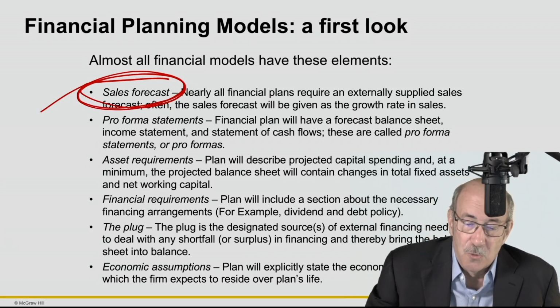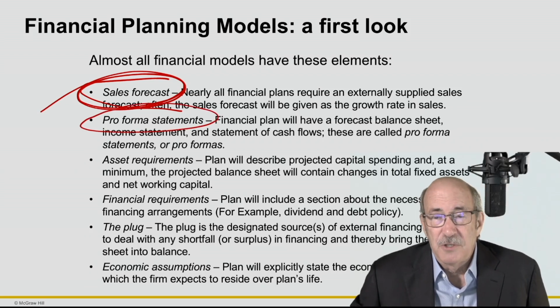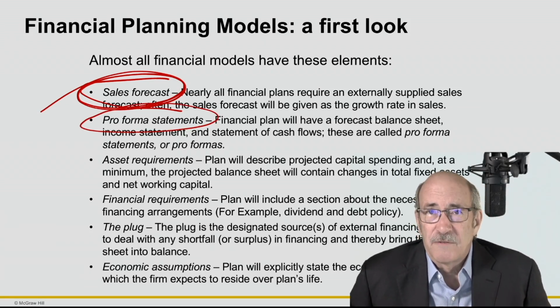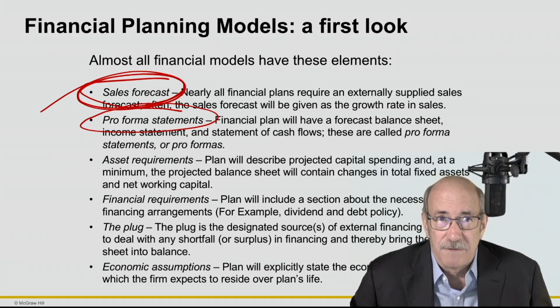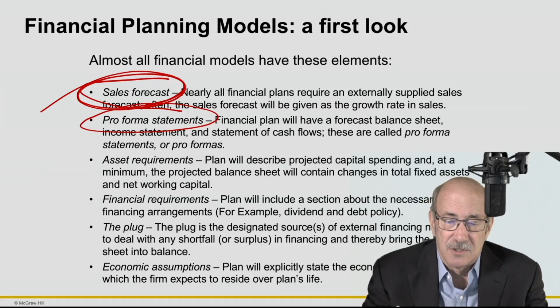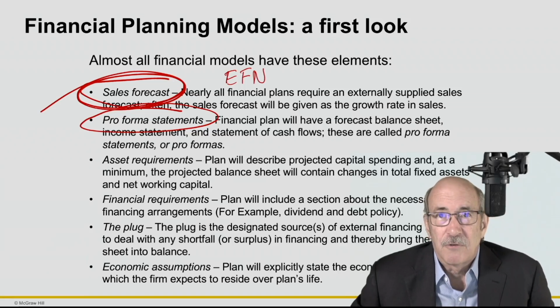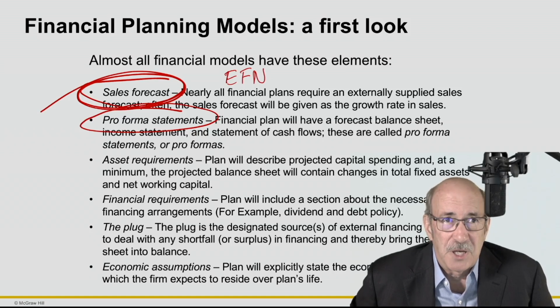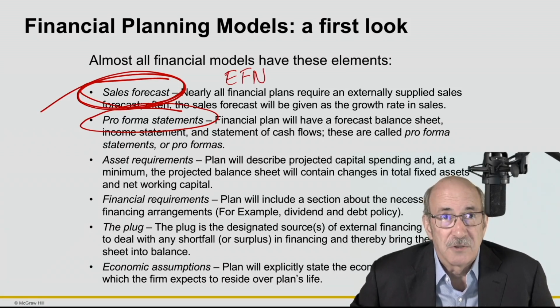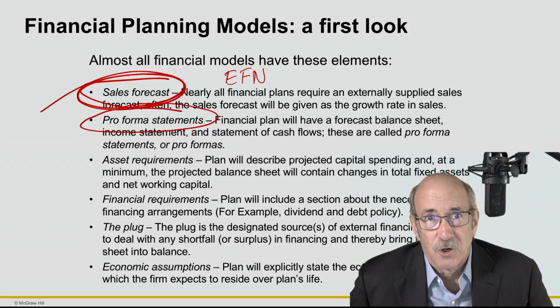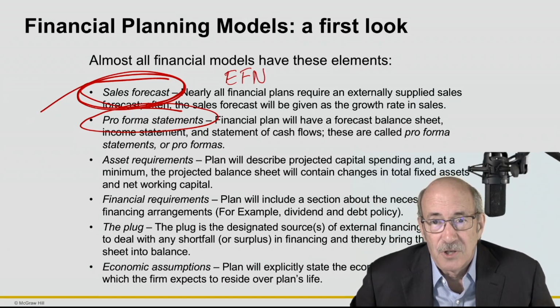We're going to need to put together some pro forma financial statements so that we have a good look at what sort of external financing needs we might have in the future. And external financing needs, that's usually abbreviated EFN. So you're going to see that frequently throughout this chapter. The external financing needs are basically, do we need to raise more debt? Do we need to issue more bonds? Do we need to do a stock issue in order to raise additional capital to fund the purchase of assets, whether they're current assets or long-term assets?